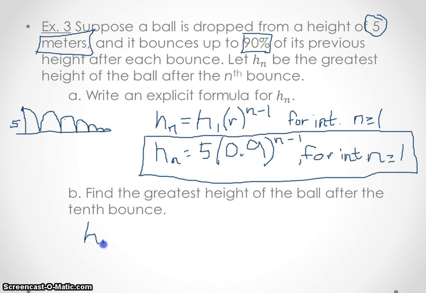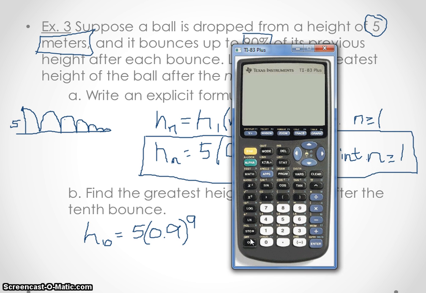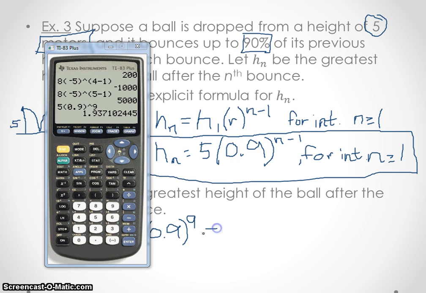So we say h of n, where n is 10 because it's the 10th bounce, equals 5 times the quantity 0.9. We're just using our explicit formula up here. 0.9 to the 10 minus 1 power, which is just going to be the 9th power. So I'm going to enter it in just as such: 5 times 0.9 to the 9th power, and we hit enter, and that equals